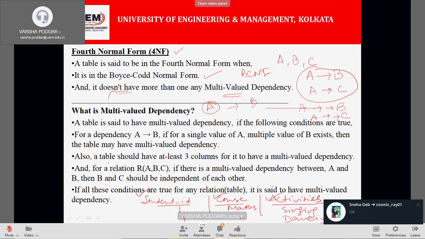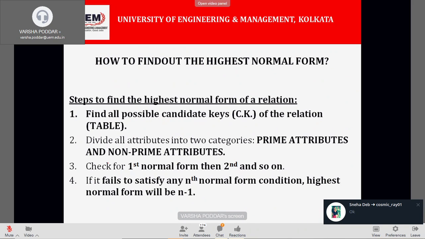With that, you will be given a set of FDs, and you will be asked to find the highest normal form attained by this particular relation. Okay, so here you require all the previous knowledge. Fine, so just try to concentrate. If you have pen and paper, you can solve it with me to understand the concept well.